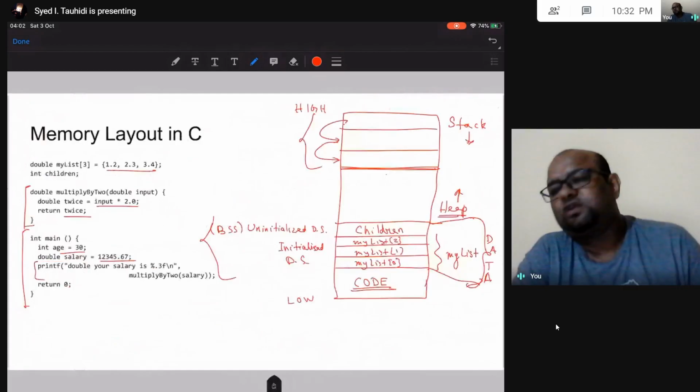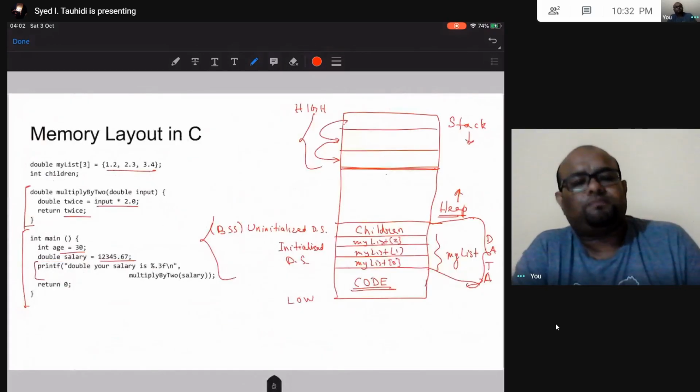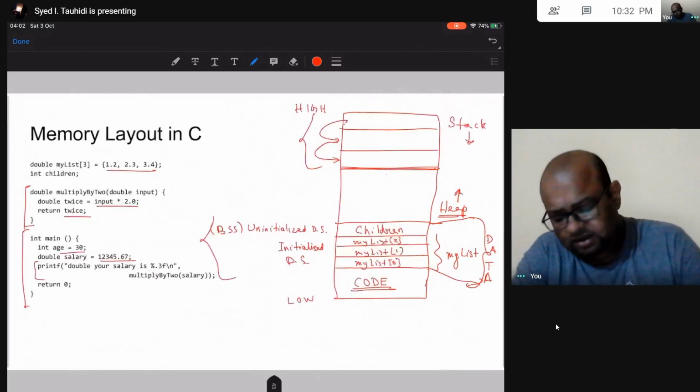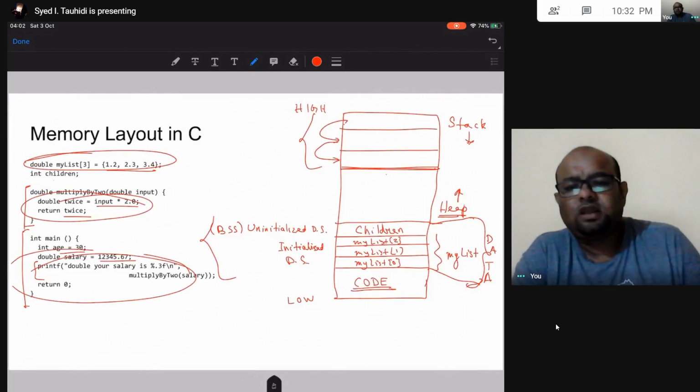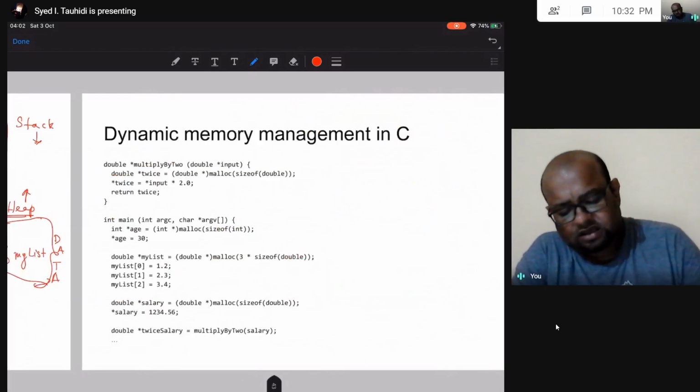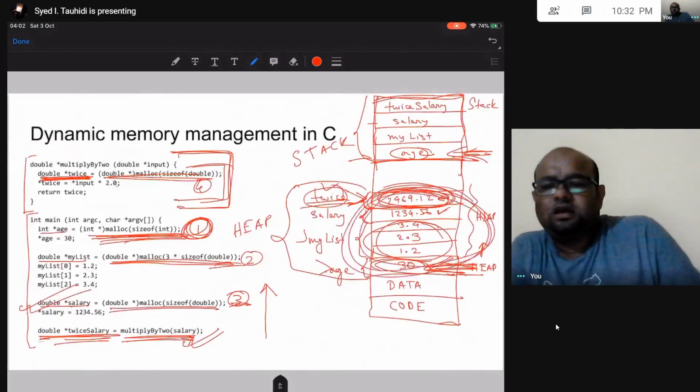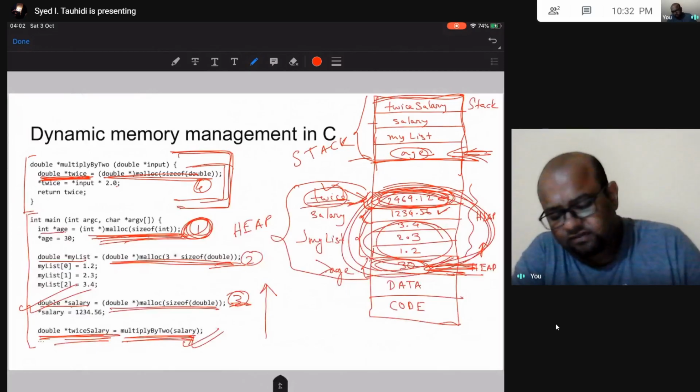In this program, we allocated memory in stack and in data segment, right? This mylist was in data segment, and all these other things were in stack. But here we are allocating everything in heap, right? So this is what we have.